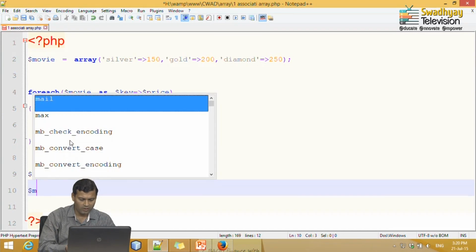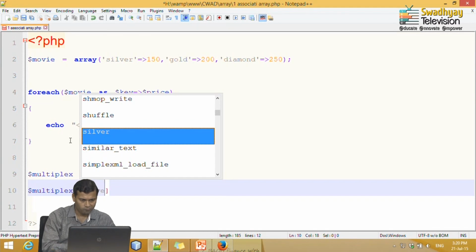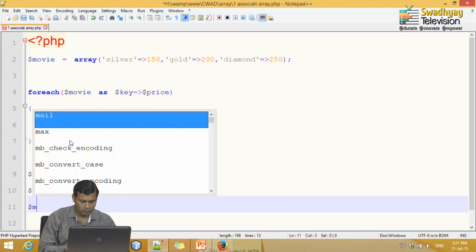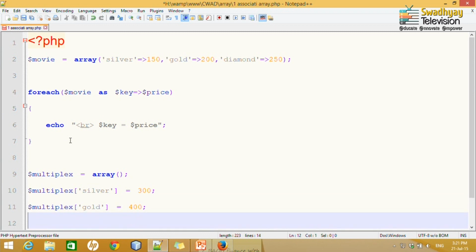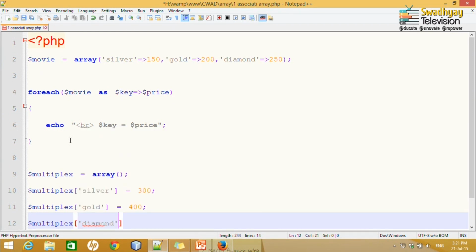Now, I can write the array name, here it is $multiplex, and in square brackets I can write silver is equal to, to differentiate, 300, $multiplex gold which is 400, and $multiplex diamond, let us say 500.